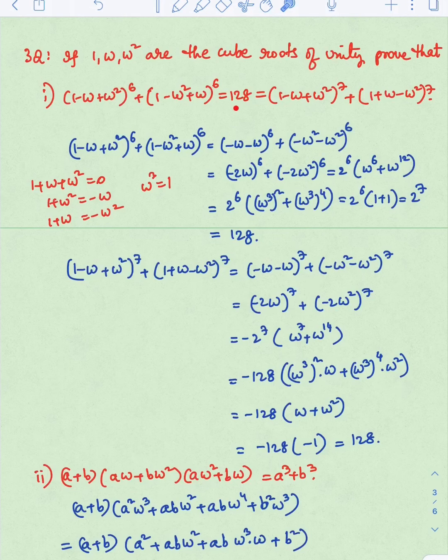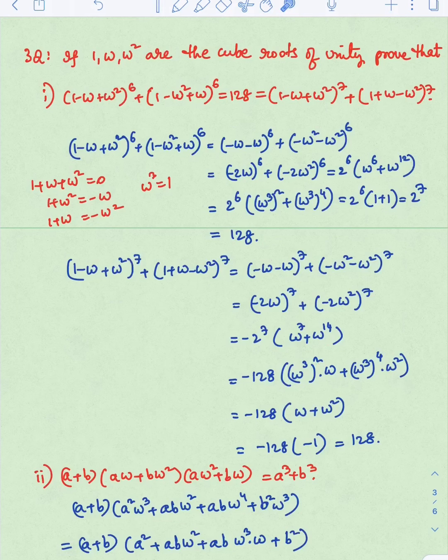This is the proof. And one more proof is this. So this is taken now. And apply 1 plus omega square replaced by minus omega. You get it. In the same way, minus omega square is taken here. You get it. And next step, minus 7 times you get a minus. So common in both the terms. That's why we have taken common. Inside what remains? Omega power 7, omega power 14 with plus symbol. Here it will become minus 128.